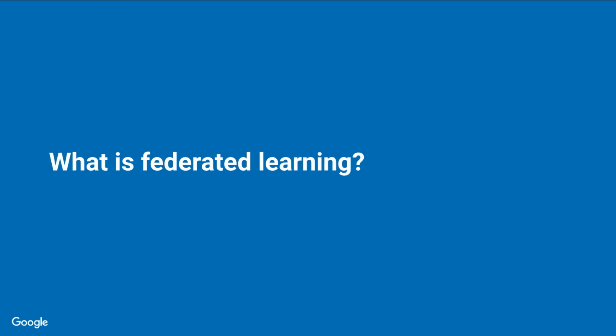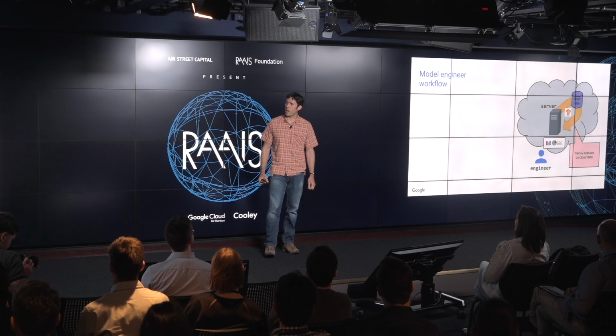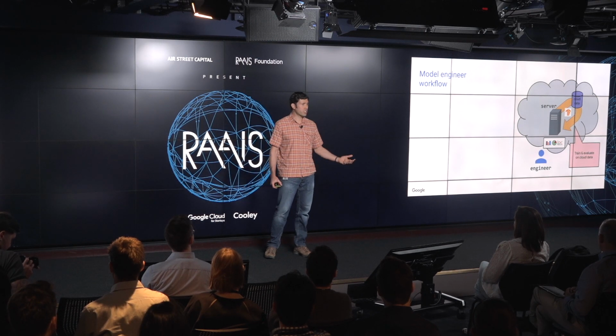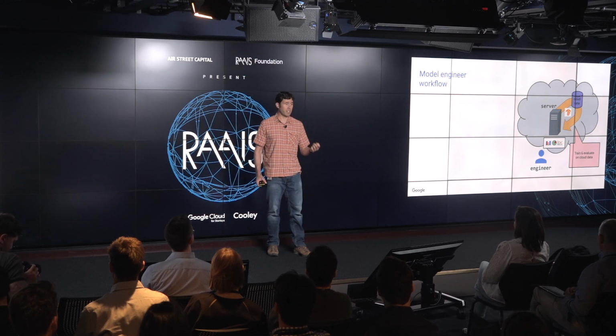But first, let's start with what is Federated Learning. Before I can really get into that, it's helpful to start from a baseline of what a typical machine learning workflow in the data center looks like. We have a machine learning engineer, they have a centralized data set. They don't just train one model and be done. Typically, it's an iterative process, training grids of models to explore different hyperparameters, different model architectures, interspersed with evaluation on held out data. And eventually, you come up with a good model that's a fit for the data set you have in the data center.